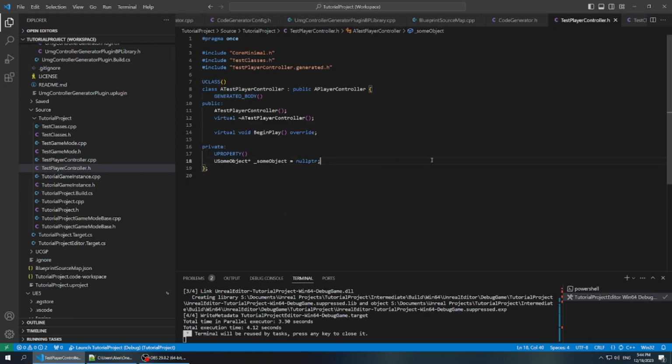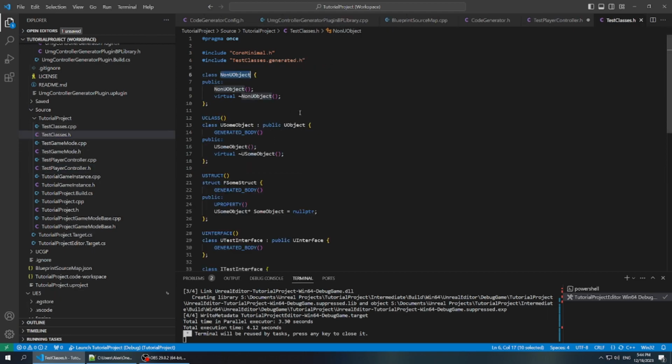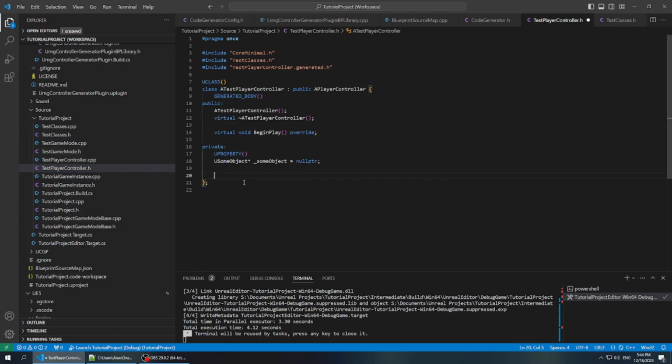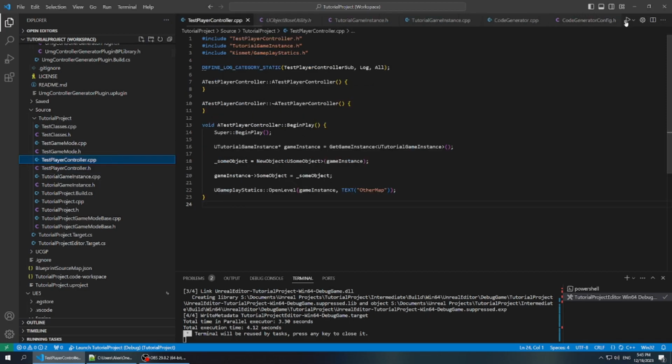So you might also wonder if the garbage collection system can collect non-UObjects, and it cannot. If I go back to that test classes file, you can see I have a non-UObject defined here, which is not a UObject. Unreal does not know about it. And if I were in the player controller and I make an instance of this, and I'll call it some non-UObject,